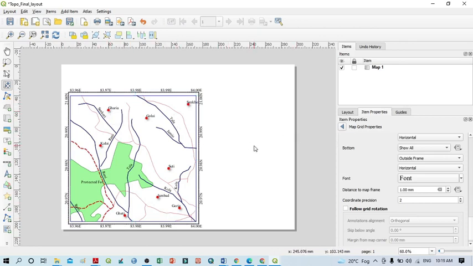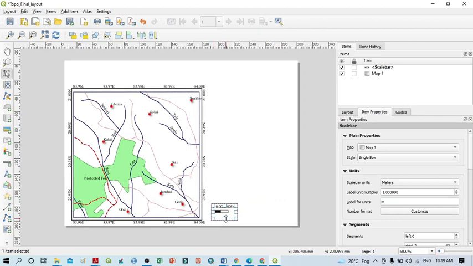So now we'll do this north line, scale and region. So I want to first take the scale. So simply click here, scale. Okay, and select some area within this left portion. Okay, so I want to select this one. So after the selection of this section, you can see here the scale as well as the scale bar option within